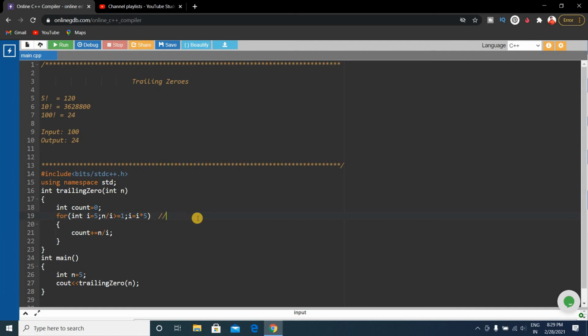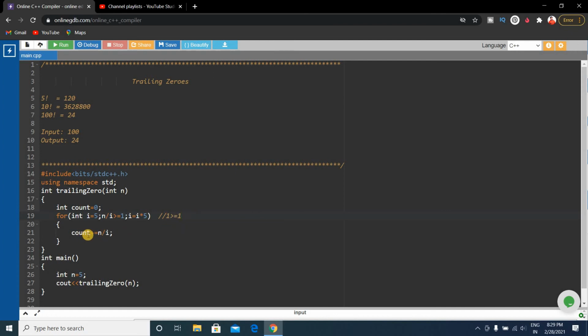If we take an example, it will be easy to understand. Suppose our input is n equals 5. So here n equals 5 and i equals 5. i starts from 5 and we check whether n / i is greater than or equal to 1. The n value is 5 and the i value is 5, so 5 / 5 is 1, and 1 is greater than or equal to 1, that's true.